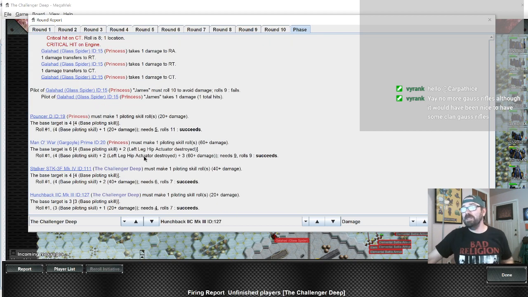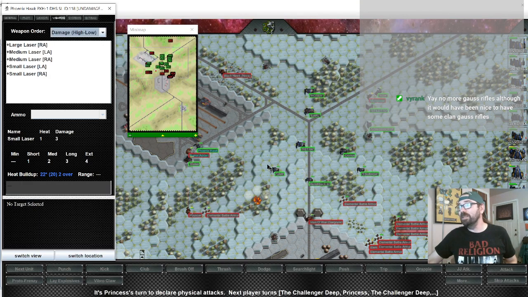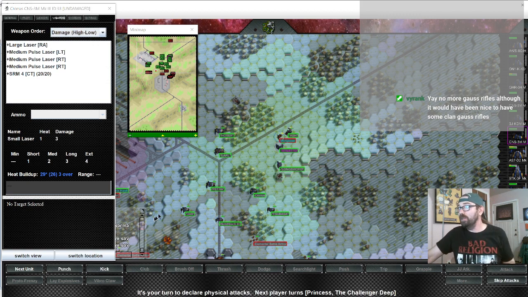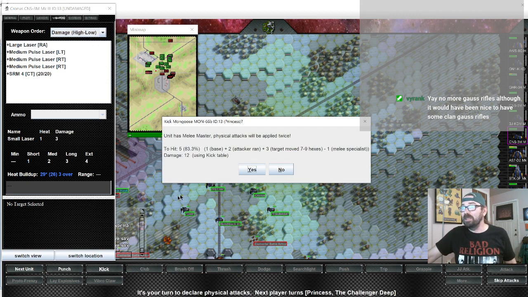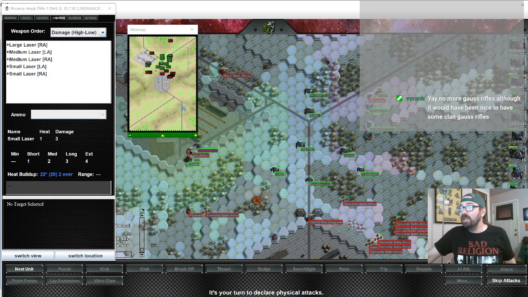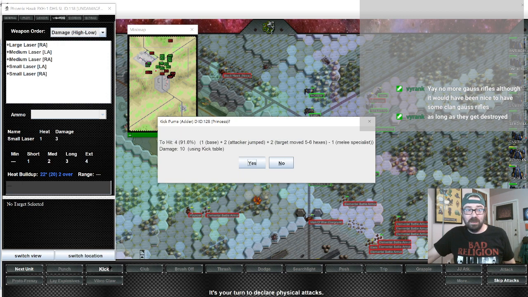Let's see, the Pouncer stays standing, the Man-O-War barely stays standing, needs a 9, gets a 9. The Stalker needs a 6, gets a 7, the Hunchback needs a 4, gets a 7. So, that is going to put us at... Oh, we can kick the Mongoose? Yes, let's kick the Mongoose. Twice on 5s. The Phoenix Hawk will also be...